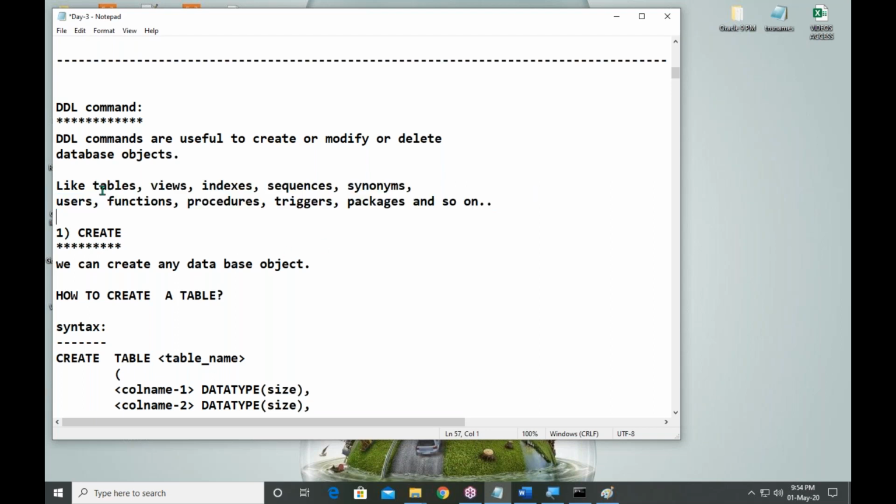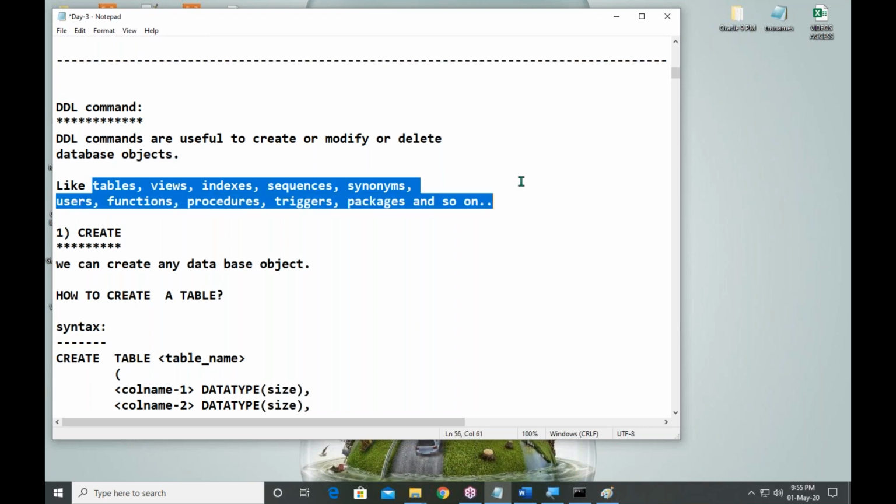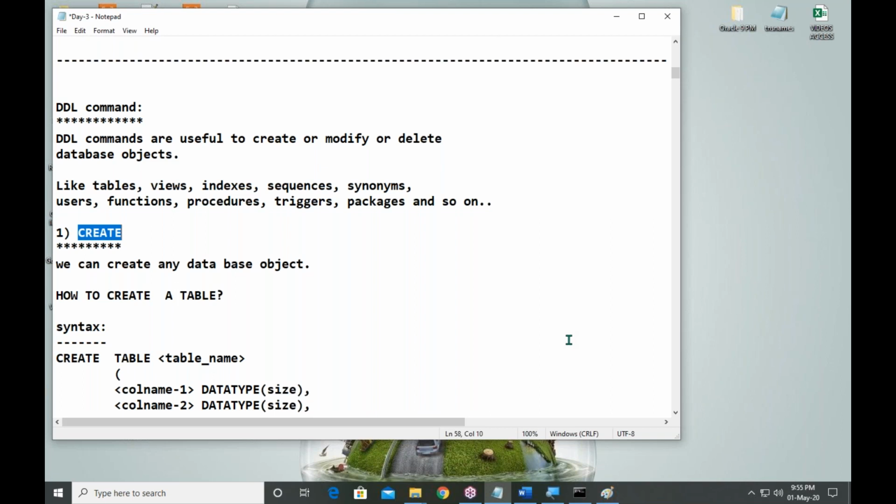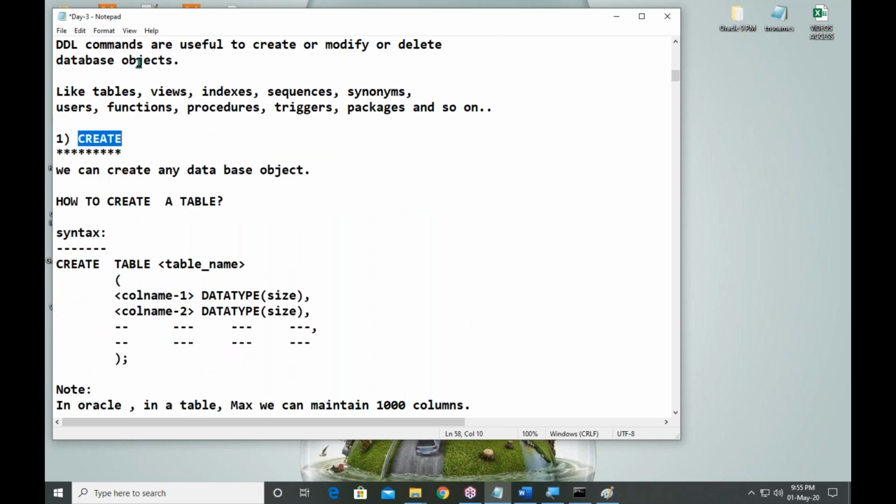See, table to store data, view to access data, index to search data as fast as possible. We will discuss all these objects. First one is create.